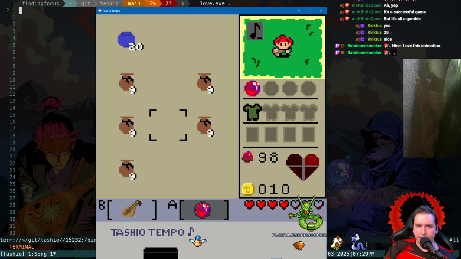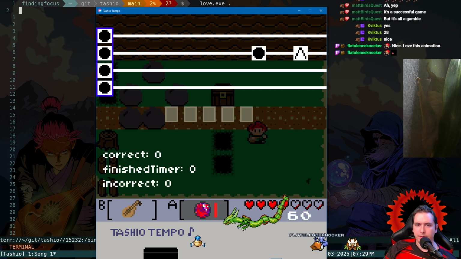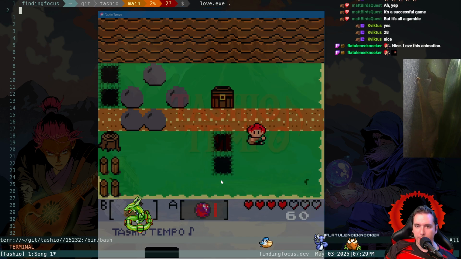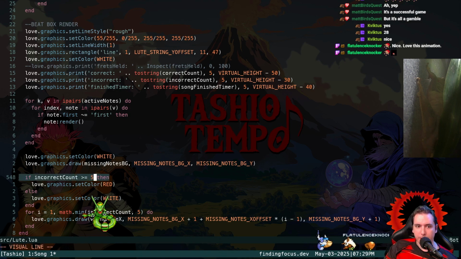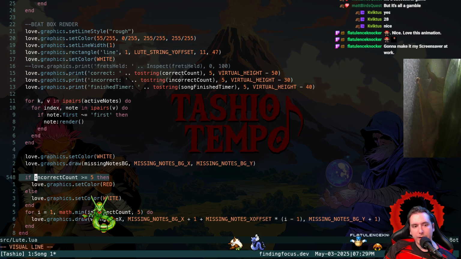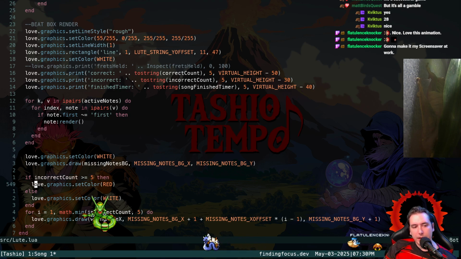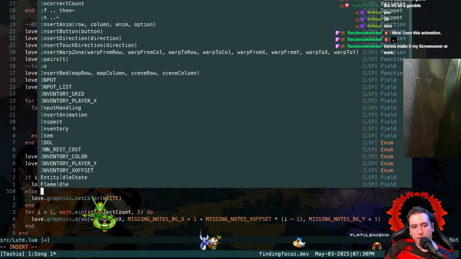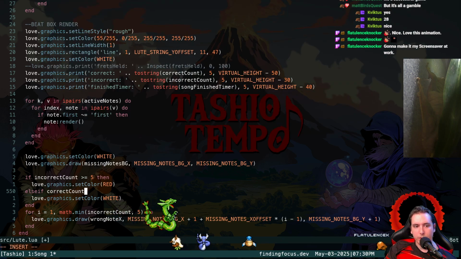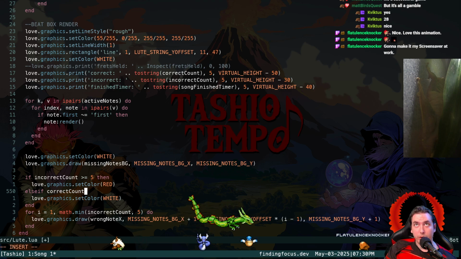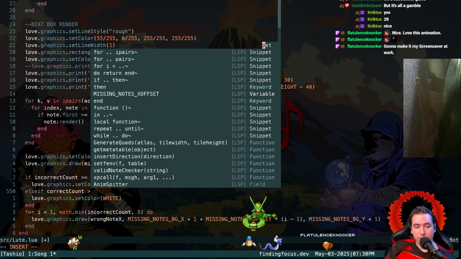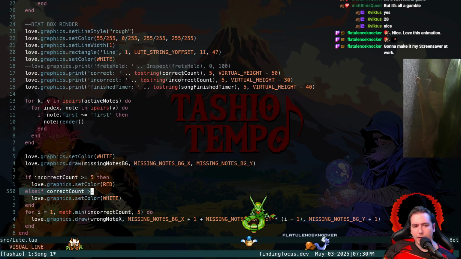We do need to add, if you get to the end of the song and you haven't missed 5, then we need to render them green or something like that. So we can say also and else, right? If our incorrect count is greater than that, we can say else if our correct count, at least for song 1, it's 28 total notes. So if our correct count is greater than or equal to